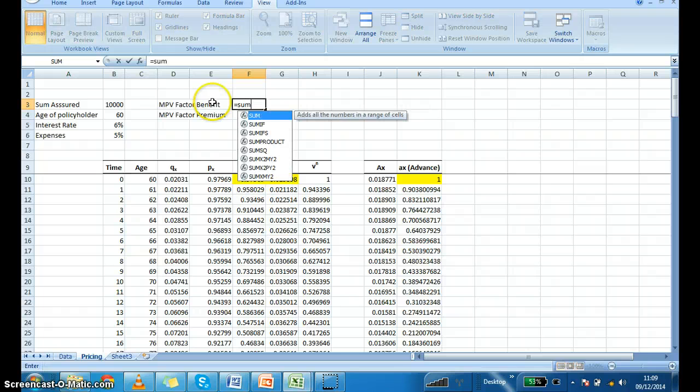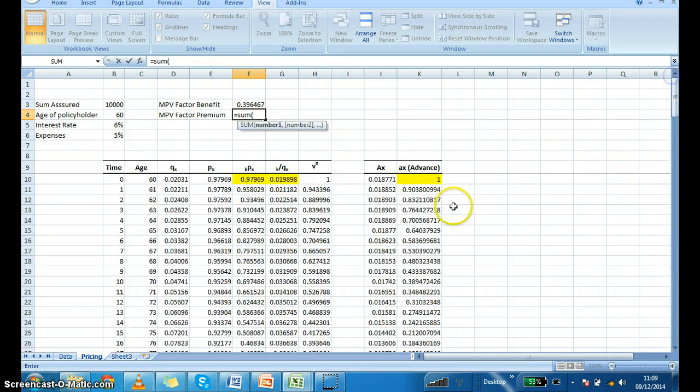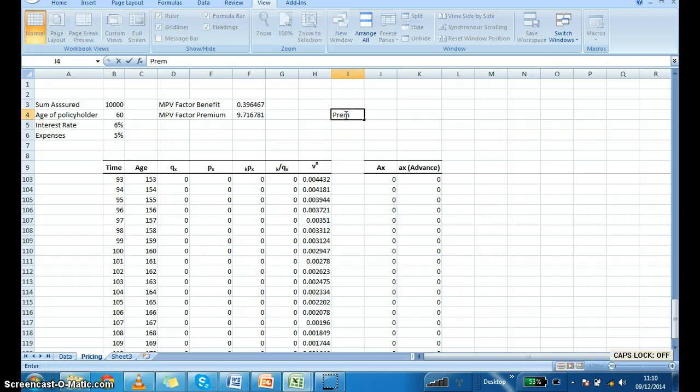and to do that you just do a summation of this column right here, and the MPV factor for the premium is just a summation of this column over here, that column over there. So remember that the premium multiplied by the MPV of the annuity factor